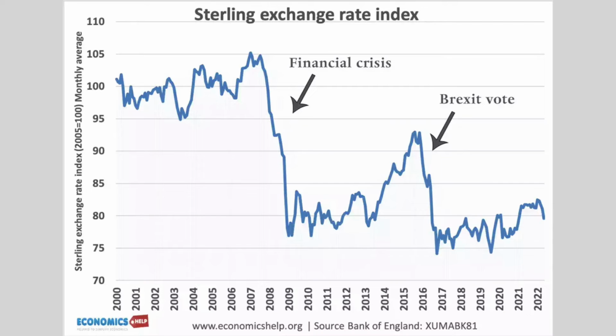Since the Brexit vote in 2016, the pound has devalued by about 16%, and this has caused an increase in the price of imports and contributing to domestic inflation that we see today. Now, whilst a devaluation in theory makes exports more competitive, there's little sign of any prolonged boost in UK exports, partly because of Brexit. Now, a good example of how the devaluation has had an impact on the cost of living is how the UK is paying more for petrol.